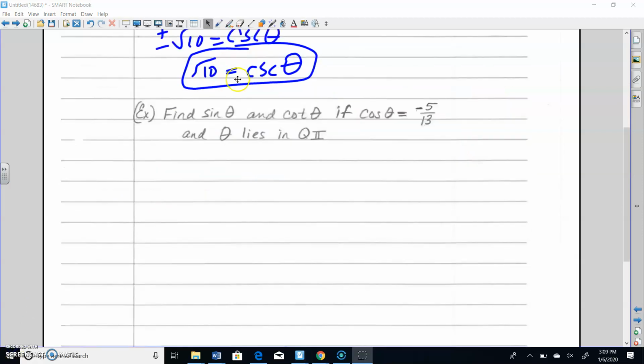Okay, we're trying to find the sine and the cotangent, and we know the cosine. So I know there's an identity that involves sine and cosine. There's not one that involves cotangent and cosine. So I'm going to go with sine and cosine, because once I know both of those, I can find the cotangent, right? Okay, so the identity that I'm going to use is the most common one, sine squared theta